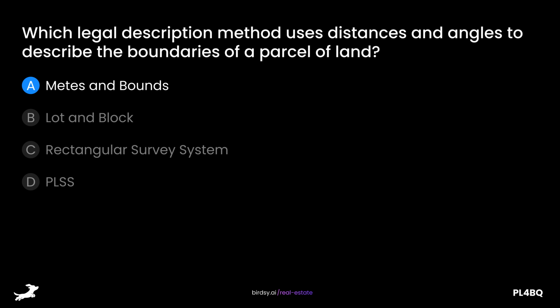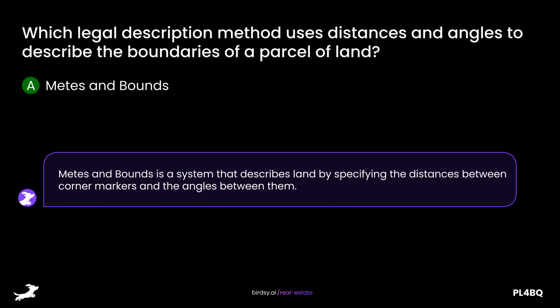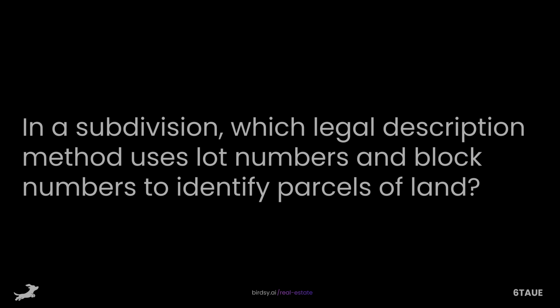Is it A, meets and bounds? B, lot and block? C, rectangular survey system? Or D, public land survey system? The answer is A, meets and bounds. Meets and bounds is a system that describes land by specifying the distances between corner markers and the angles between them. In a subdivision, which legal description method